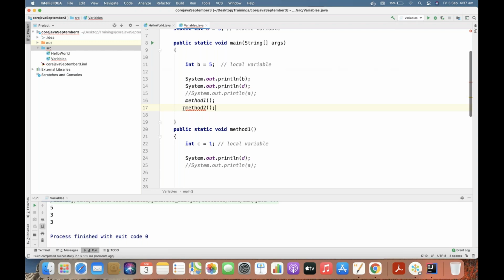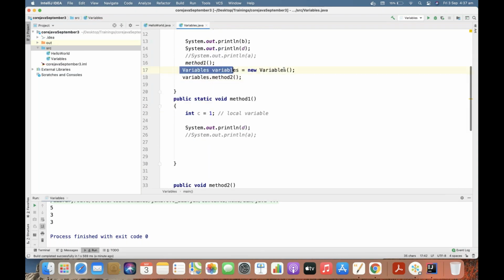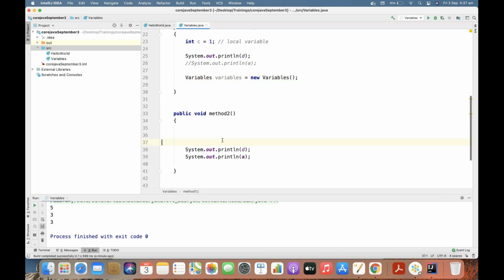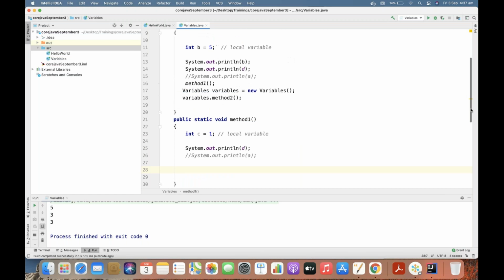So if I say again the variables. The object also has to be created inside the main method only, right? No, actually you can create it anywhere. If I create that variables object inside method 2, will I be able to call method 2 inside the main method? Actually, you can access it using the object reference. There are other ways to do that too, but it won't give you any error. Actually, when you write some code, this is not the proper concept of classes and variables.